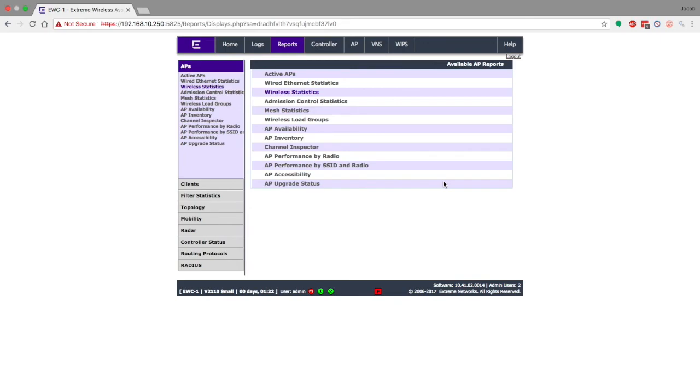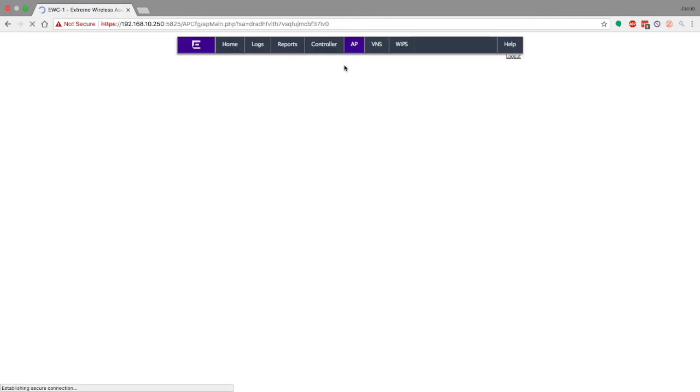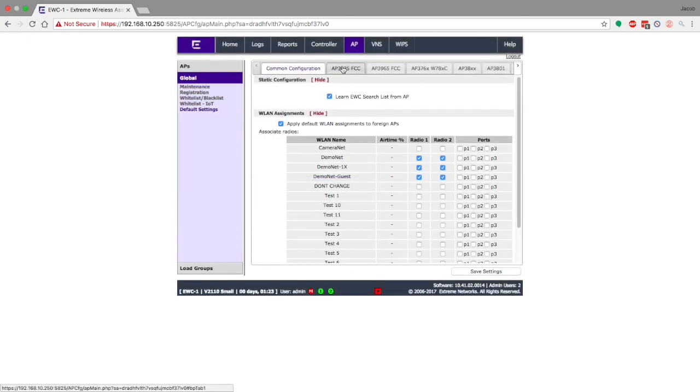5 to 6% is normal. The 15% range is considered the max acceptable in a standard density environment. In a high density environment, you would be looking more at the 25% range. If you're ever over that, you would definitely not want to turn on aggregated MSDUs because it's going to slow down your network. But if you're below those percentages, if you're around the 5 to 6% range, then you can